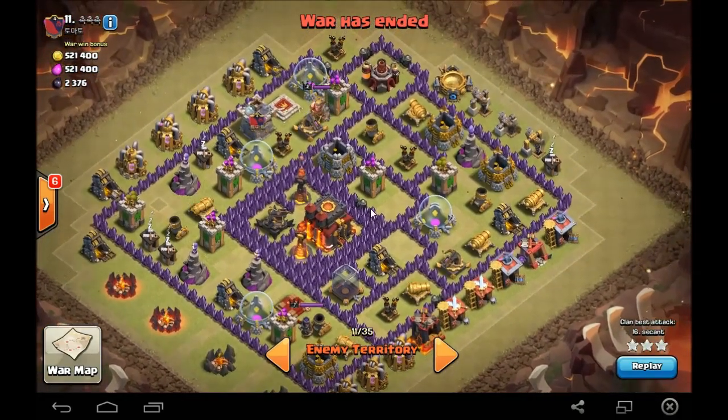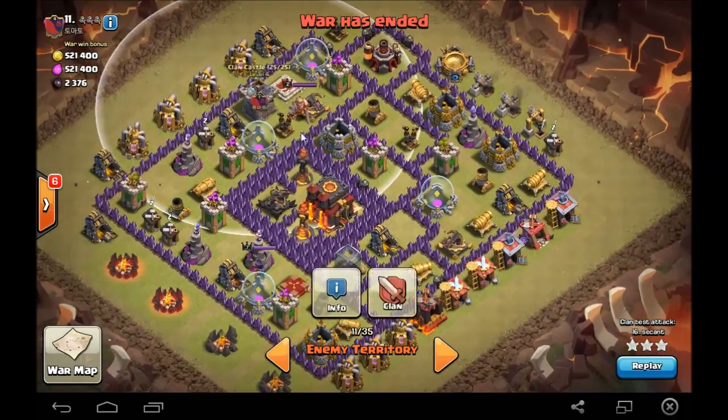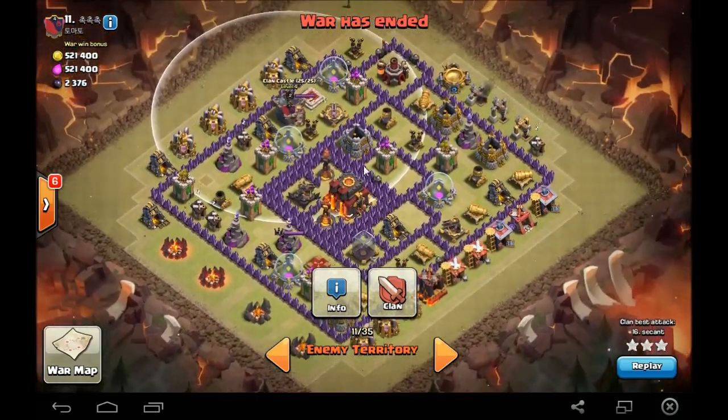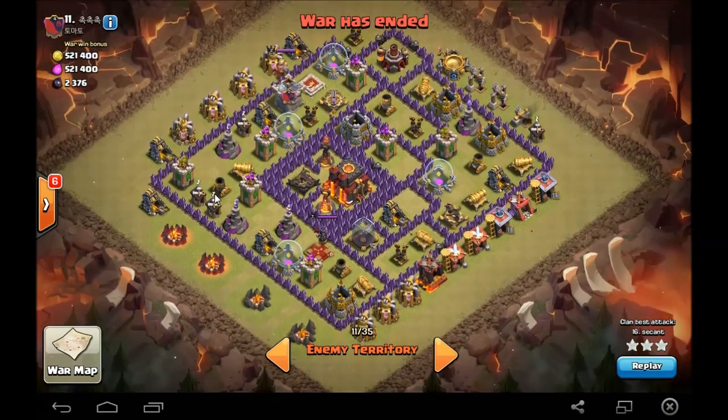Again, the clan castle is still pretty exposed if I remember correctly. Yep. You know, bad base designs by these guys. You're probably going to face similar from what I've seen in the GroupMe chats with other clans. You know, these are bad base design Town Hall 10s that you have to figure out how to take out